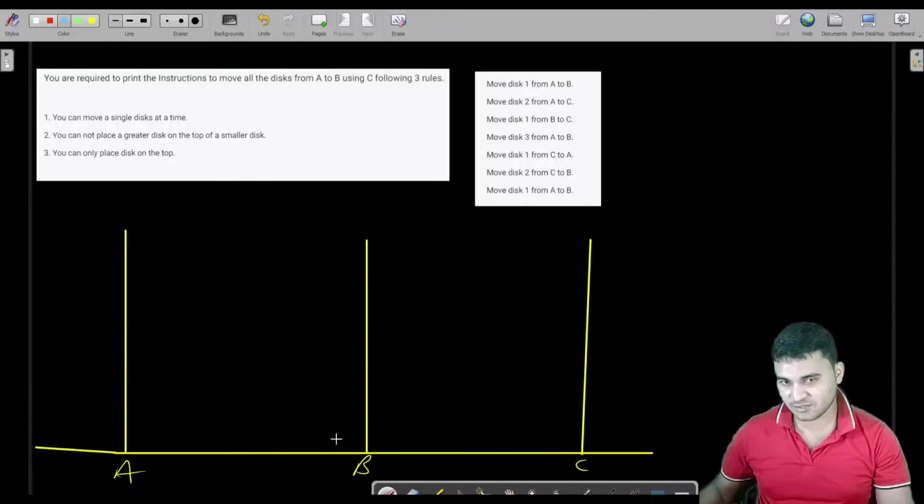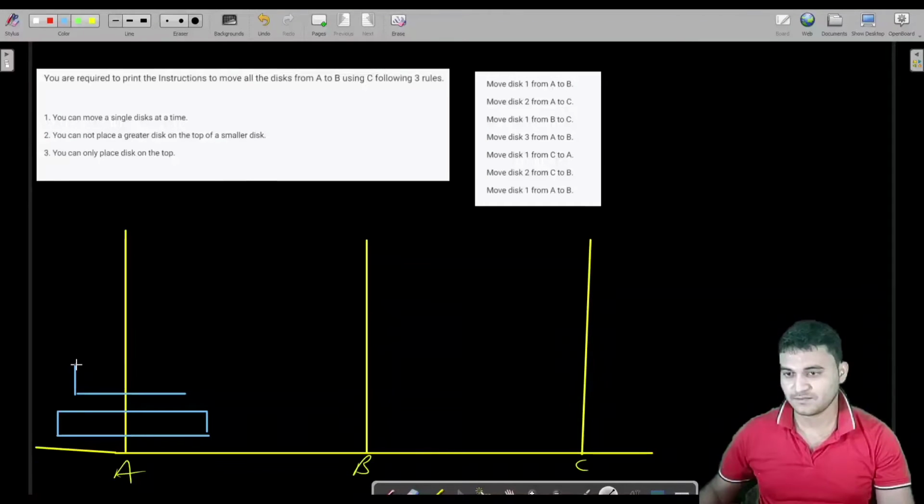Let us assume this is your first disk. And this is your second disk. See it very carefully, I am following the rules also.